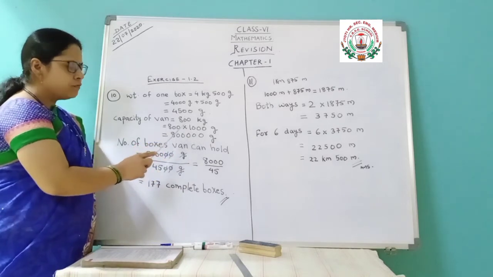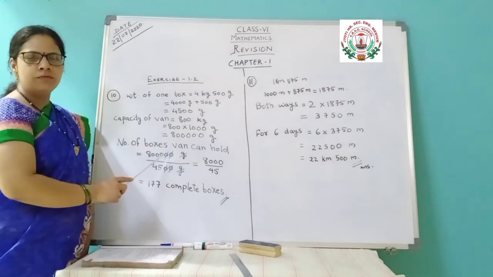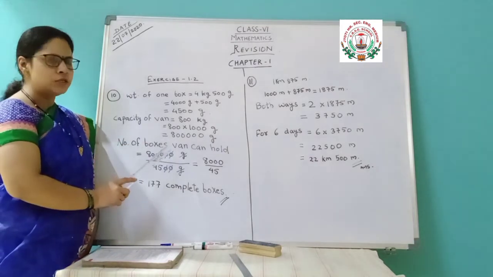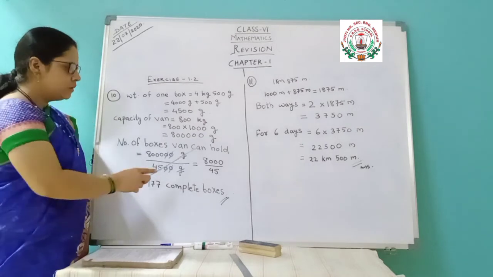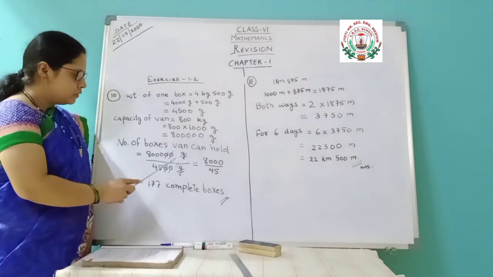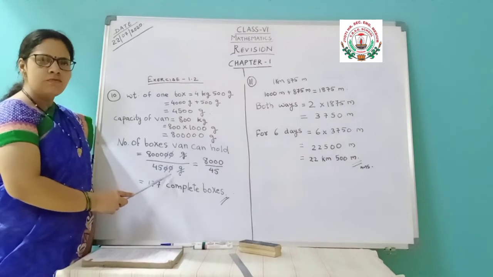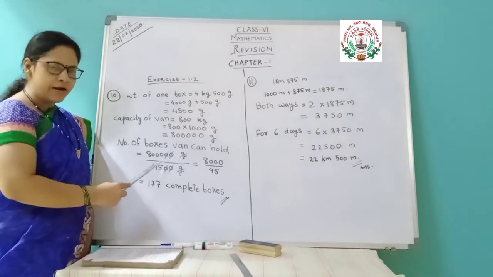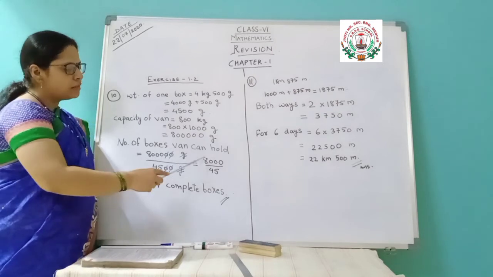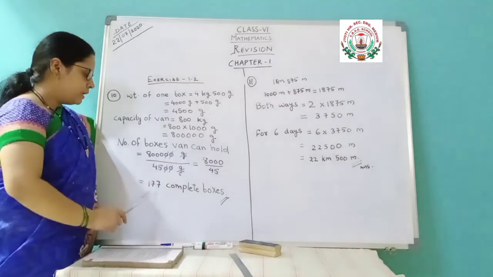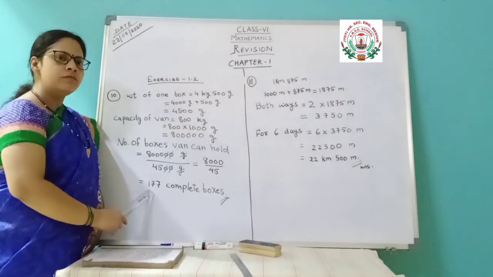First write it in numerator and denominator form and cancel as much as you can, because that will make your calculation easy. Grams and grams will be cancelled. 2 zeros and 2 zeros cancelled. You can also divide again by the table of 5, it will be easier. Or otherwise you divide it. You will get 177 and the remainder is 7.